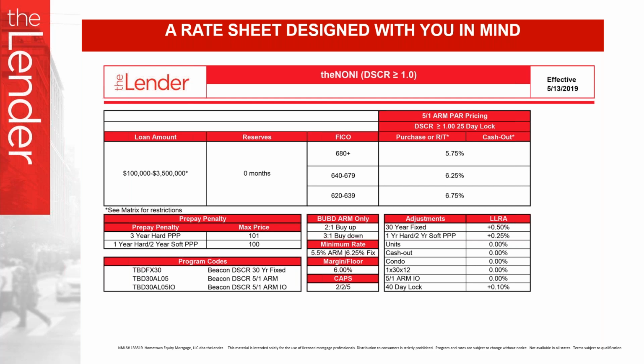So if you need a 1-year hard prepay versus a 3-year hard prepay for the borrower that needs to sell, you've got a quarter ad. There's no ads for units, cash out, condo, a 30-day late, a 5-1 RMIO. There's just no ads. Guys, here's the good news: you can make up to a point with a 50 BIP ad to rate. You can make up to a point lender paid comp. So I want you to keep that in mind.